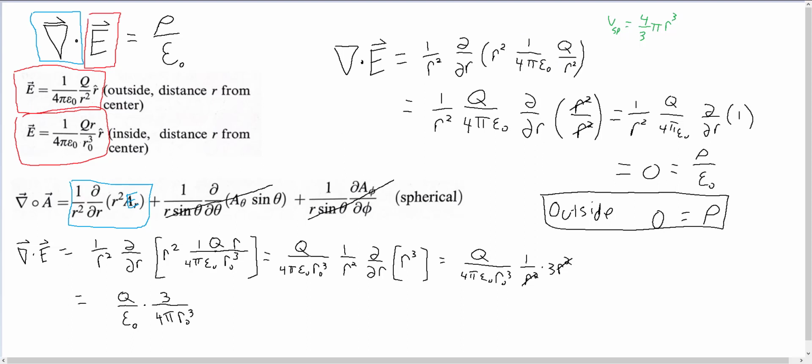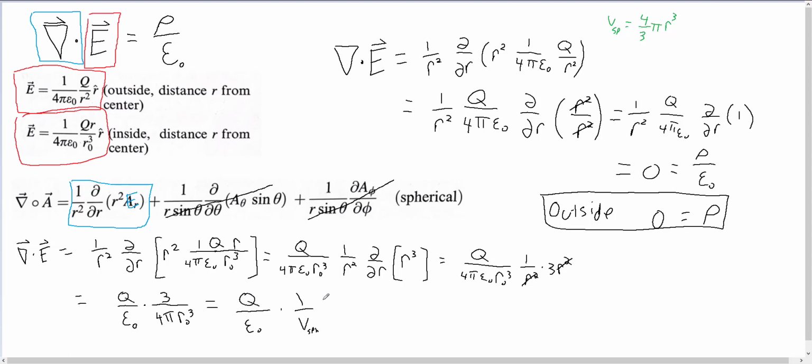So if you just look closely at this expression down here and what I just wrote up here at the top, it doesn't take long to realize that this is just the inverse of that volume. So I can basically rewrite this as 1 over V. If I said Q divided by epsilon naught, times 1 over the volume of a sphere,